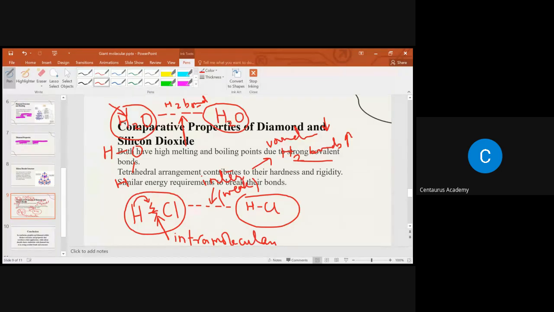to the next one, that is your metallic bonding. So metallic bonding basically refers to the electrostatic forces of attraction which are present between the positively charged metal cations and a sea of delocalized electrons. So they create a giant metallic structure or a giant metallic lattice. Okay. When we look into this furthermore, we see that